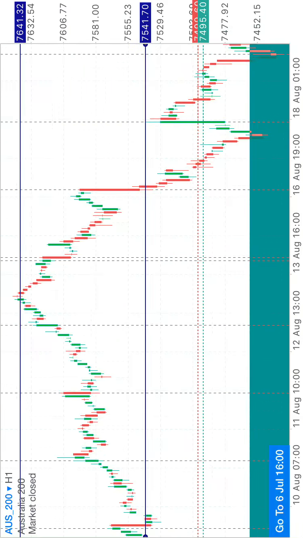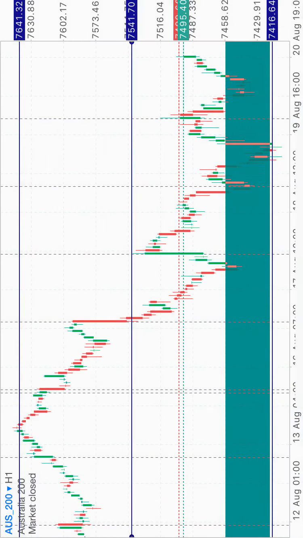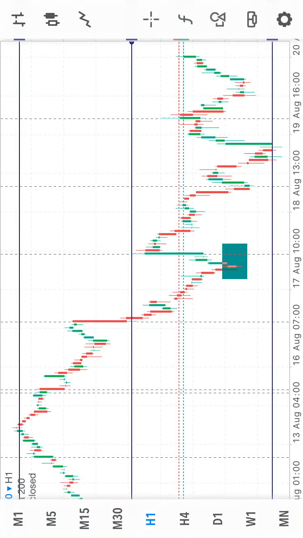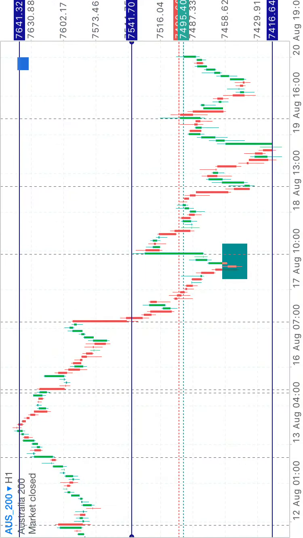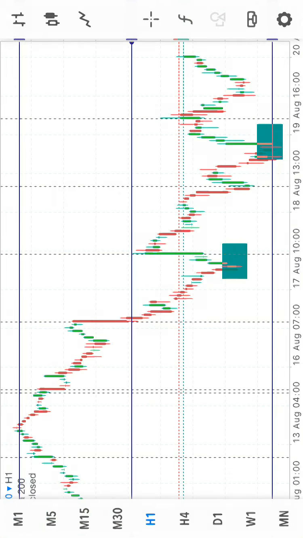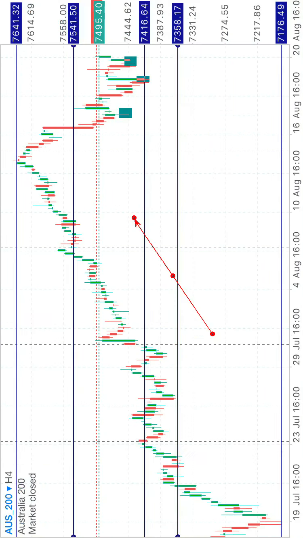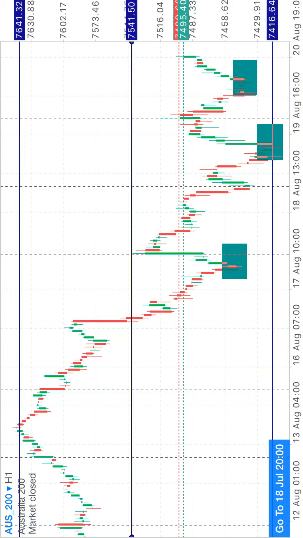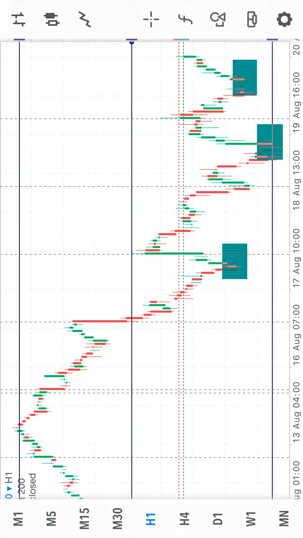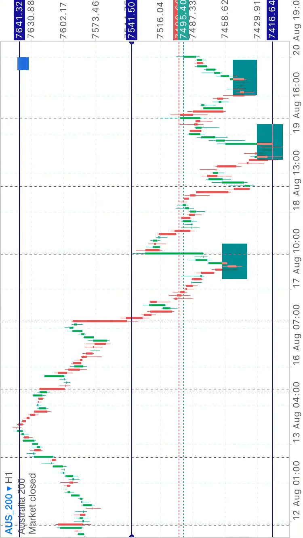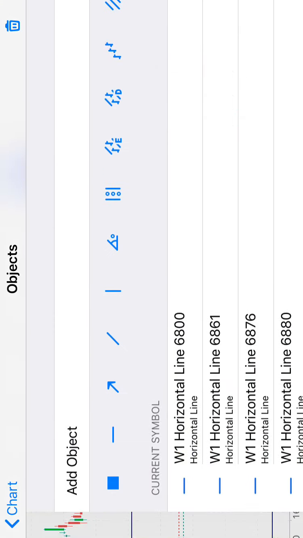Then switching to 1 hour. On 1 hour, I think it is more visible. Let me remove this zone. On 1 hour it is more visible. We have this head, we have this left shoulder, we have head, we have what? We have this right shoulder. So what I'm saying is that on AUS 200, we will be looking for what? We will be looking for buy opportunity if prices break above what? If prices break above